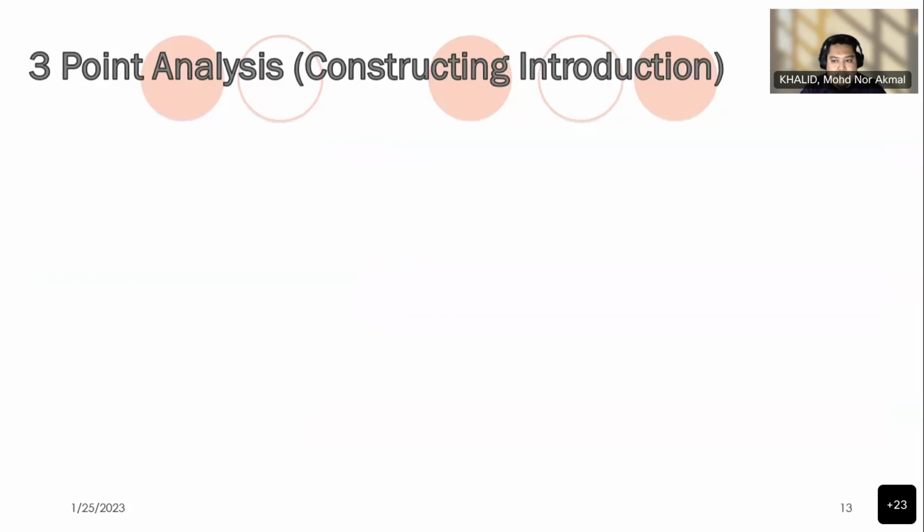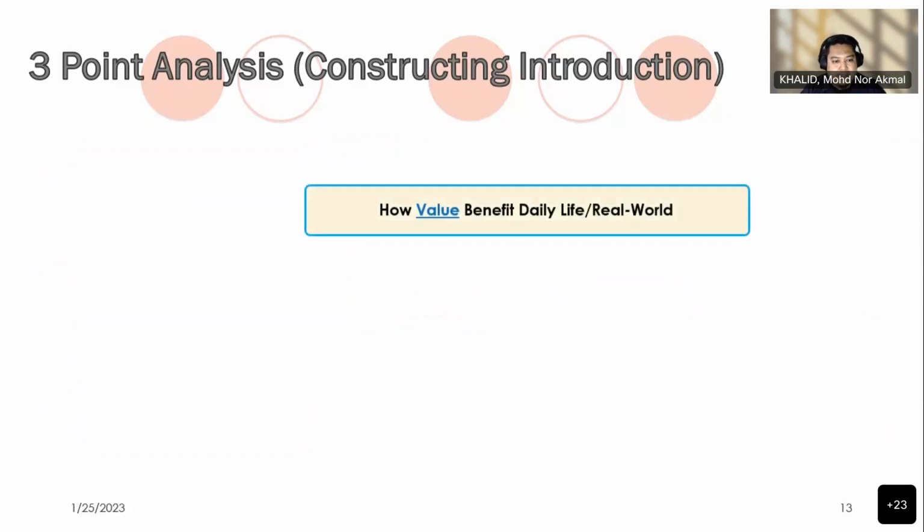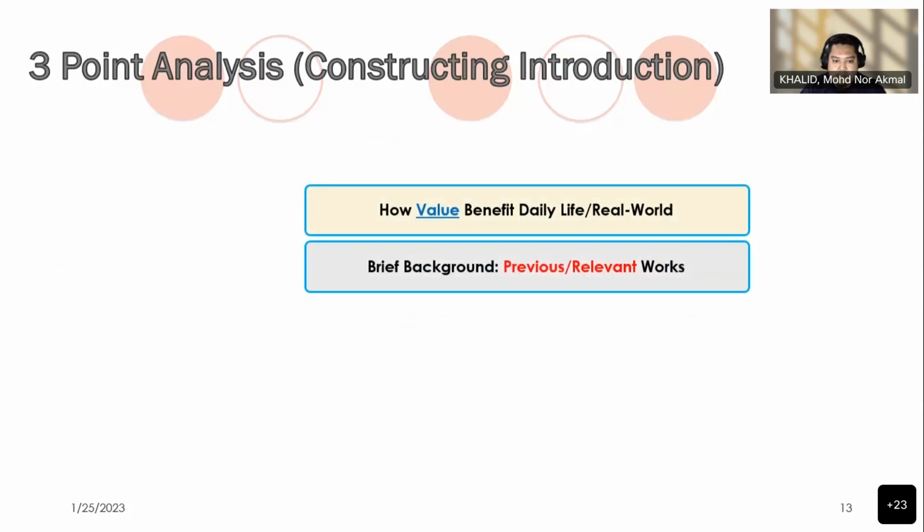And then of course you can further use this up to your introduction section. So you have your value, right? So how this value benefits the real-life or real-world environment, and you need to provide a brief background. These are just some background work that you need to do by yourself, meaning you have to identify relevant work, one or two key relevant works that are the most important in your study, in your paper. Then you can use that paper as a reference,